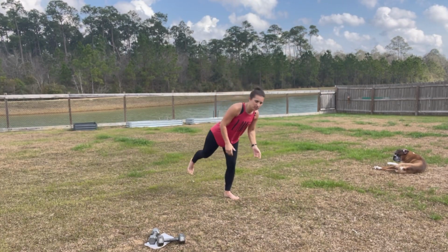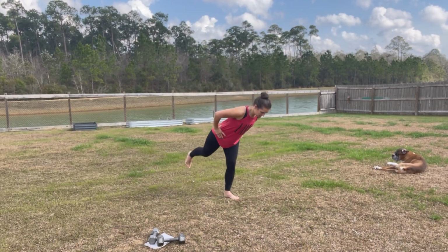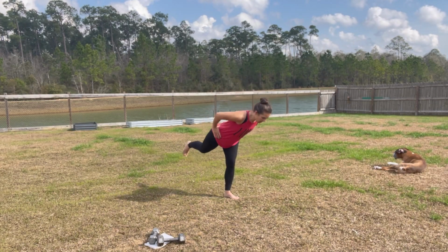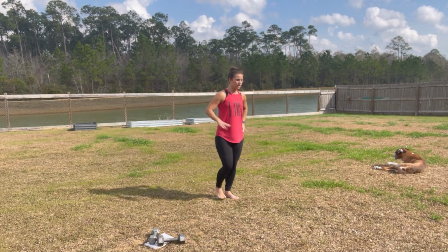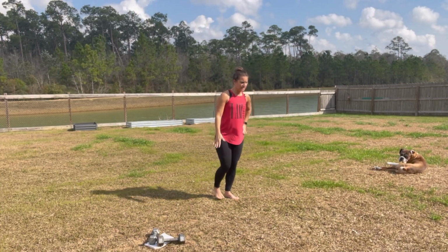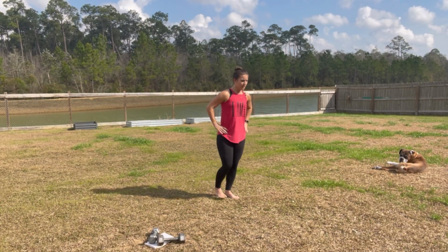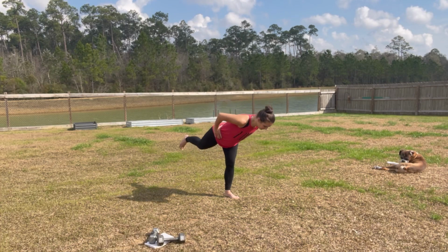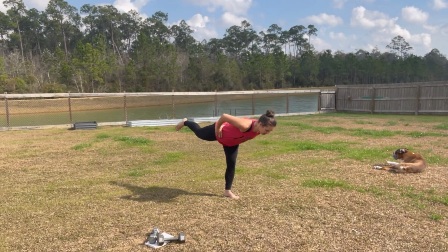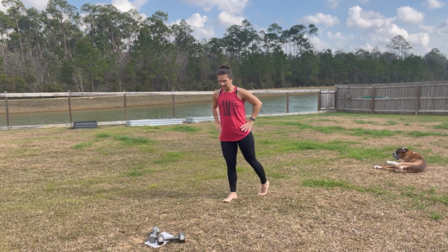We're working on that stability on that stationary side, and we're just getting that hip hinge, single leg movement, which we will get a little bit of in the workout, but we're actually going to have the leg planted on the floor the entire time. So one more time here, and I'm going to have you go ahead and just go to the other leg, okay? So just slightly different angle,